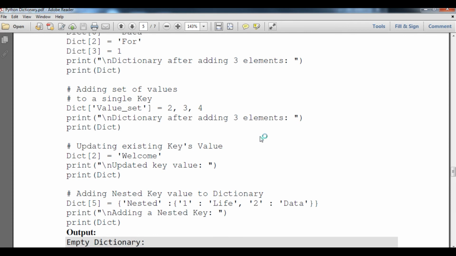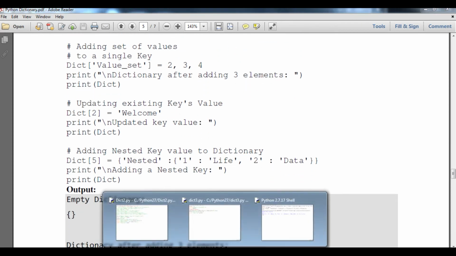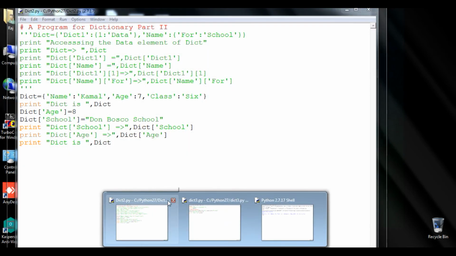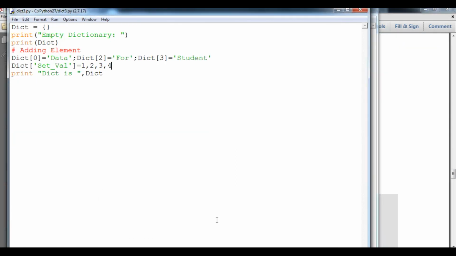Now we are going to understand how to update an existing key value. So student, we are going to change our existing key value with the help of the same example we have done previously.